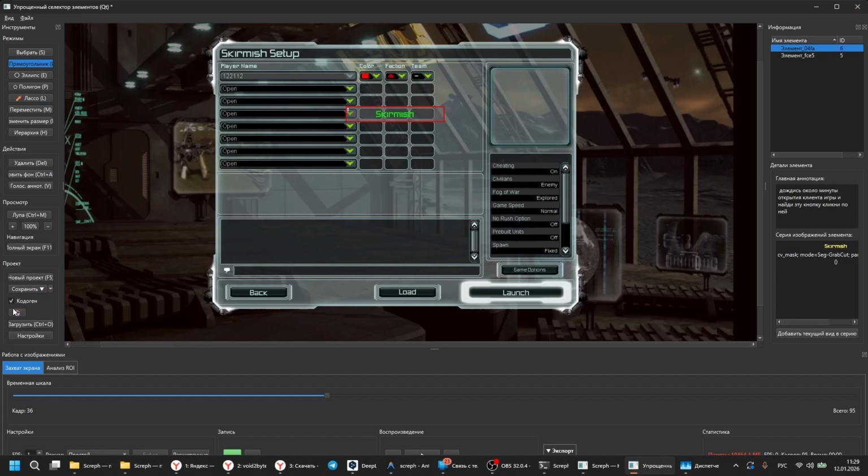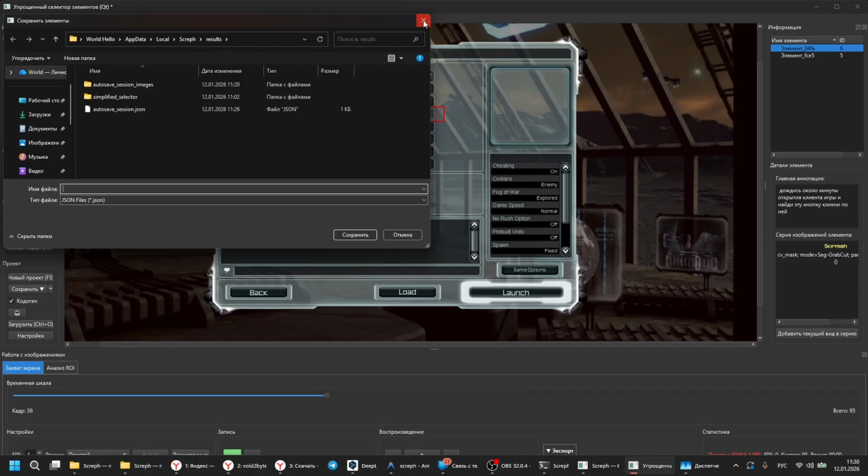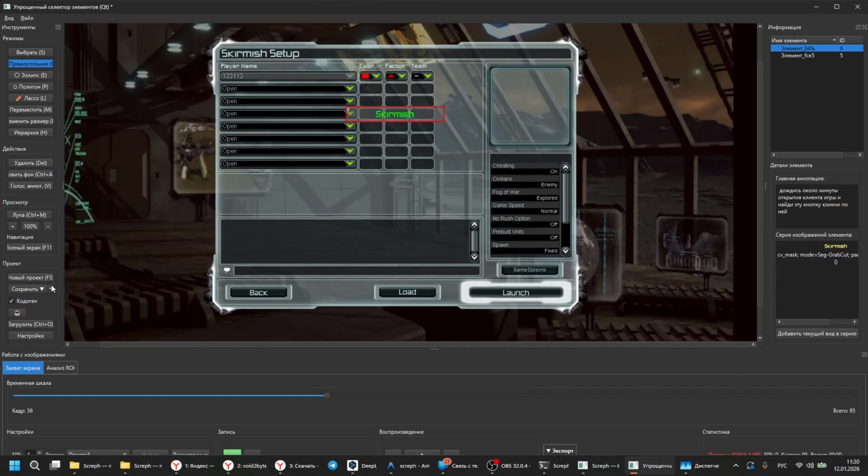Then you can enable automatic code generation, that is, immediately after the project is saved, it will try to generate script code. Here it's actually better to save it like this. Then it will use PyAutoGUI to generate the script. The project was saved, but the code was not generated because